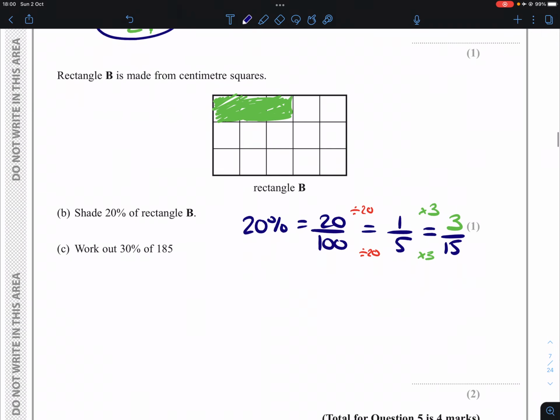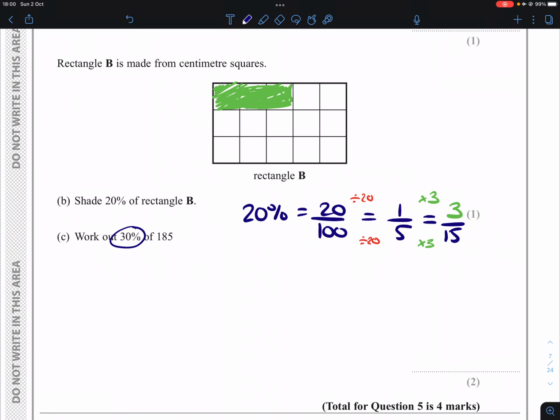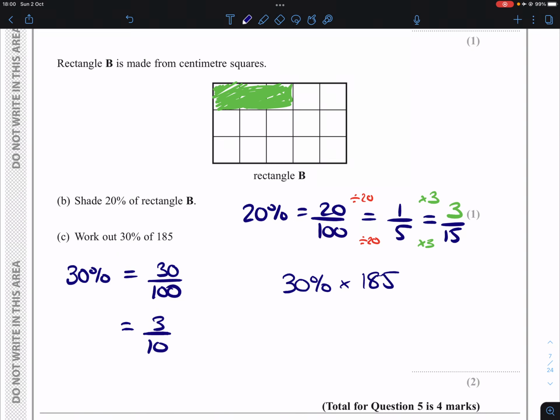Part C, work out 30% of 185. So 30% is the same as 3/10, or 30 out of 100 first of all, which simplifies to 3/10. Now you've got options here. You could type into the calculator 30% times 185. You could type into the calculator 3/10 times 185. 3/10 is also, as a decimal, 0.3. You can multiply that by 185. Either way, you'll get the same. You get the same amount of marks, no matter which of these you do,